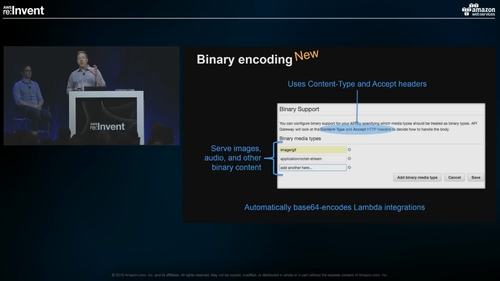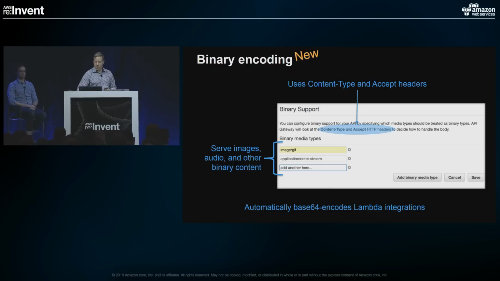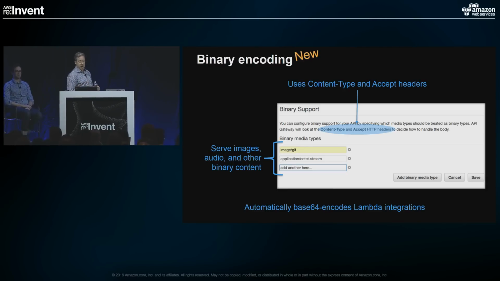And we've also tried to make it as simple as possible to integrate with Lambda on the back end so that, especially if you're using that pass-through mode, we can automatically convert that into a JSON form that Lambda can process and then convert it back into binary on the way out again. So we try to make that as streamlined as possible if you need to do that base 64 encode decode cycle.